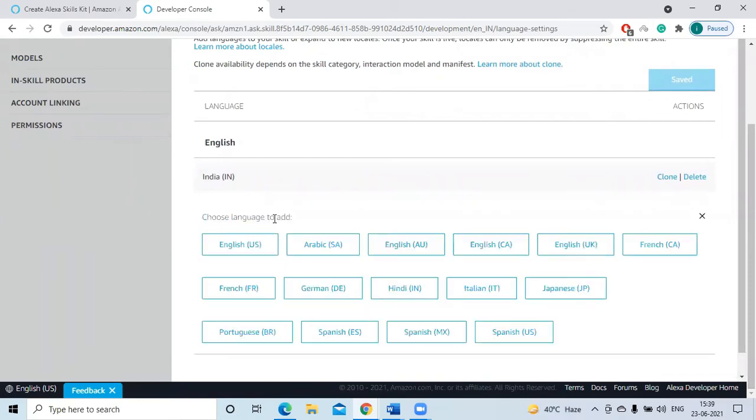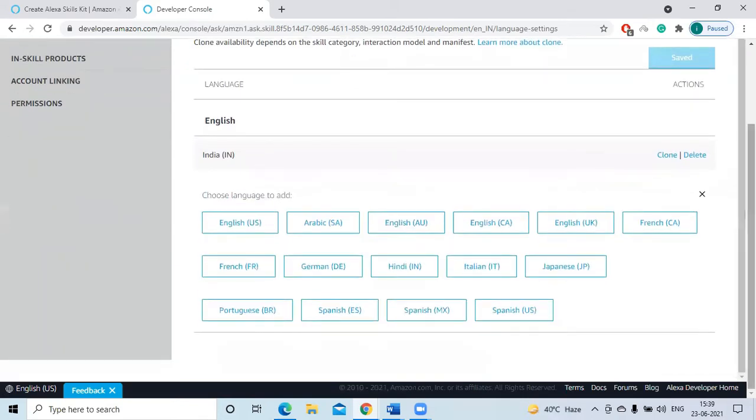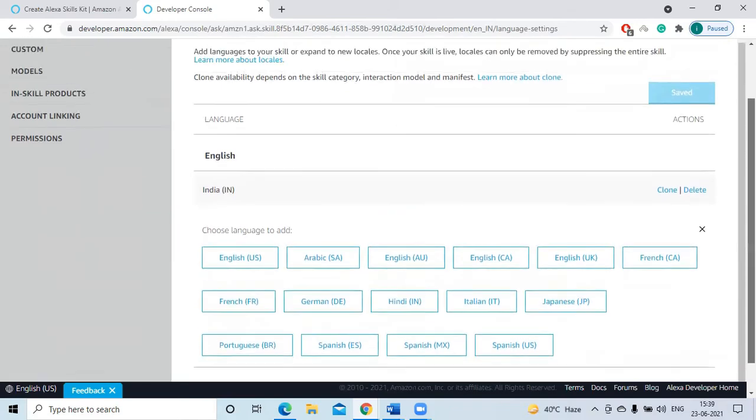Click this one. Here, these are the languages supported by Alexa: US English, Arabic, English, UK English, Canada English, French, German, Hindi, Italian, Japanese, Portuguese, Spanish, Spanish US, Spanish Mexico. So many languages are there.